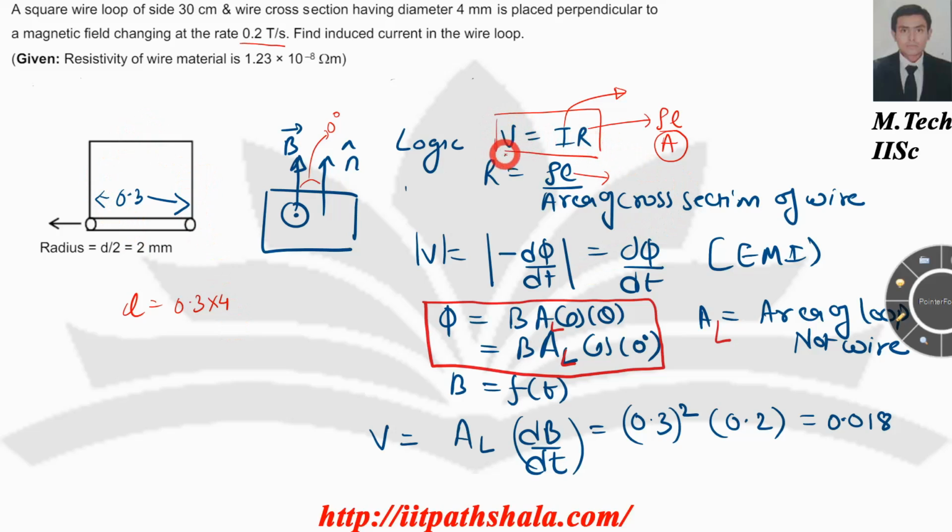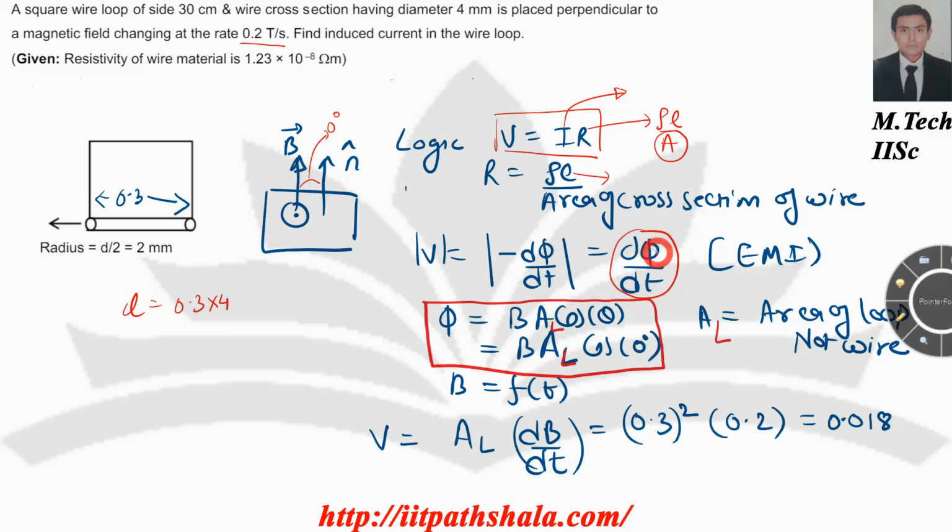Now we have to find the value of V. From the chapter electromagnetic induction, I can say that V is nothing but minus d phi by dt. Okay, or I can take the magnitude itself by taking the modulus of the term, because I am not interested in the direction or the sign over here, so it is coming out to be d phi by dt for me simply.